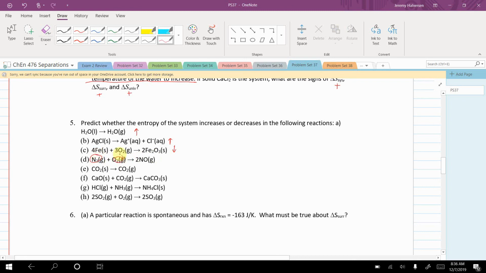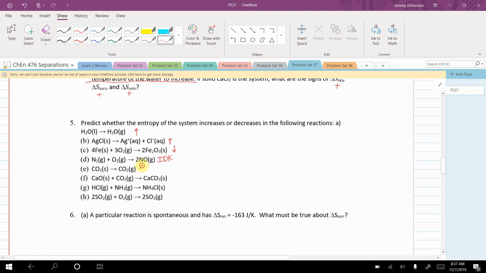Here I have 1, 2 particles, and here I have 2 particles. I could keep going and look at the size of these molecules, but in a reaction, the mass is conserved, so the size isn't really changing collectively. And so here I'm going to say I don't really know. I'm going to say it's probably close to 0, but without actual numbers, I don't even really like close to 0 because I don't know the number. So I'm just going to say I don't know. You can't tell just from looking at that.